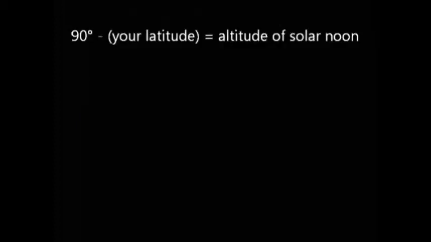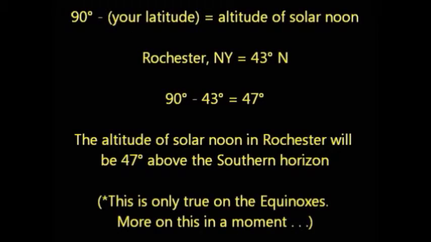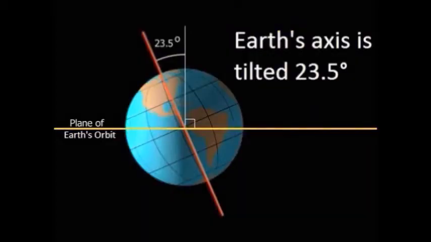The formula for figuring out the altitude of the sun at solar noon is equal to 90 degrees, which would be directly overhead, minus your latitude. So in Rochester, New York, the latitude is about 43 degrees. So 90 minus 43 means that the altitude of the sun at solar noon would be 47 degrees above the horizon. The second reason that the model becomes more complicated is because the Earth is tilted 23.5 degrees on its